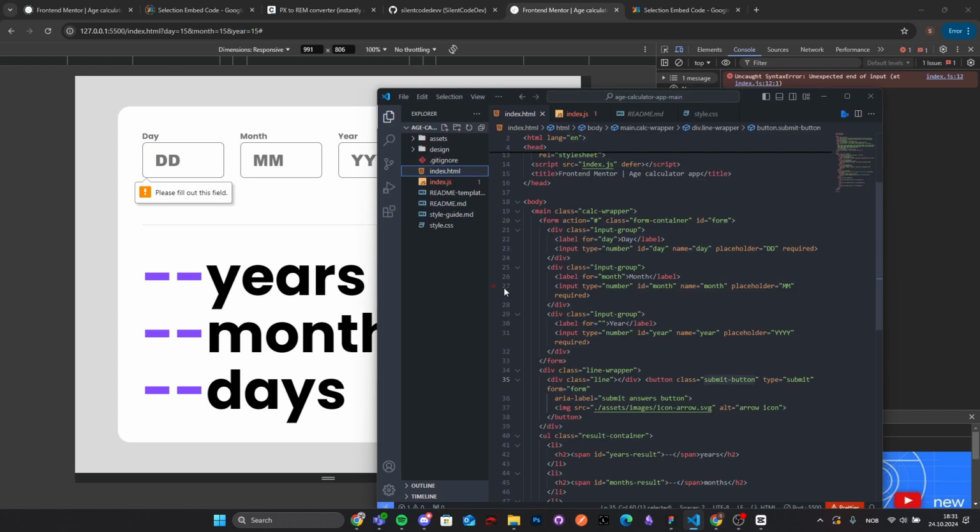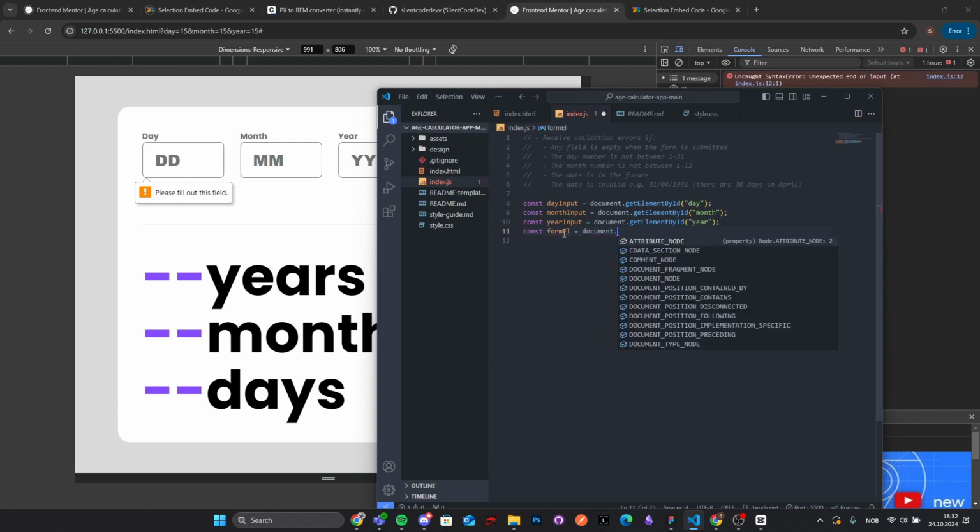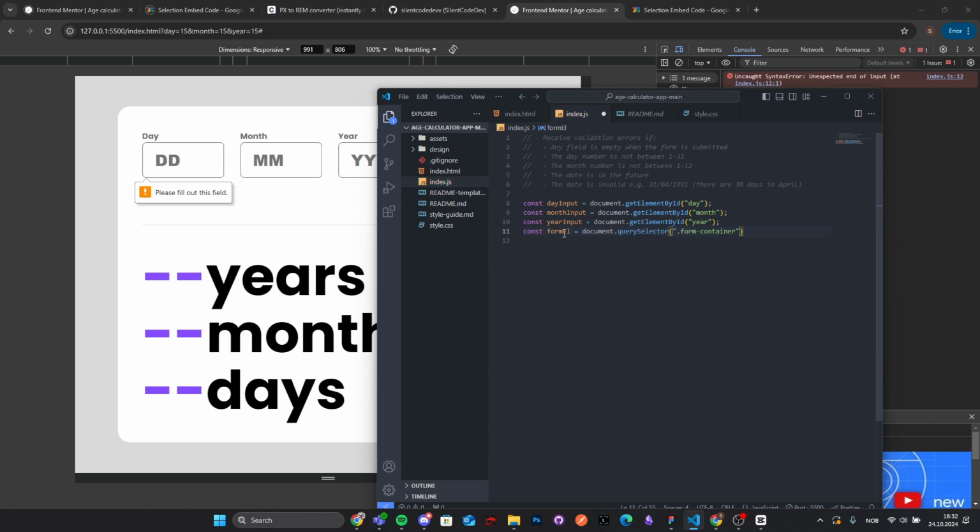I know it's hard to explain. I need to show you guys. But what I'm gonna do is get the form element by the class, from the HTML, with JavaScript document.querySelector right here. So now we have the form,